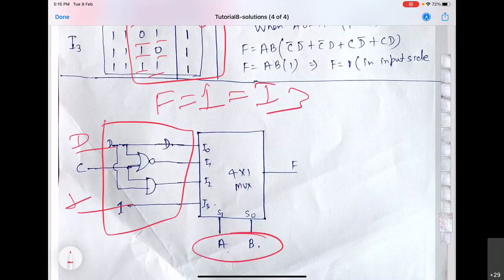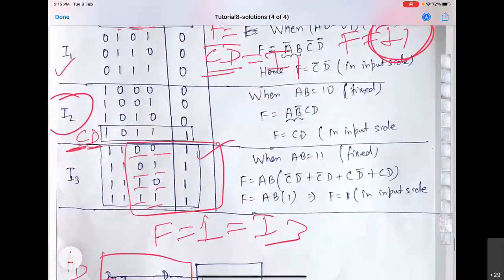So give the highest order bits to the selector pins, and the lower variables will be here in the form of a combinational circuit, decided by focusing only on those lower variables and the function value, and taking the help of a Karnaugh map if required.